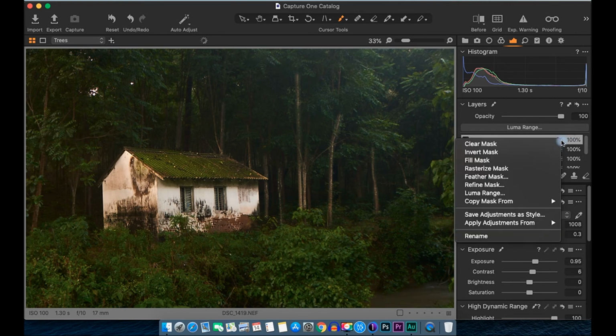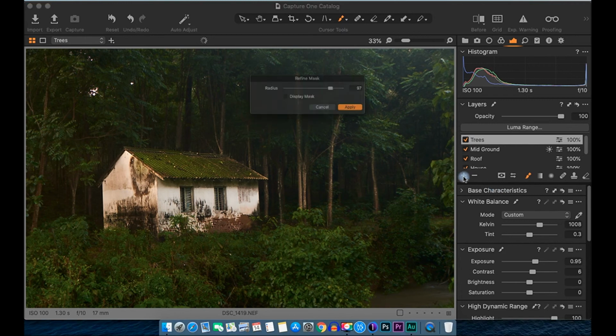And let's do the refine mask, so that will take care of the edges.